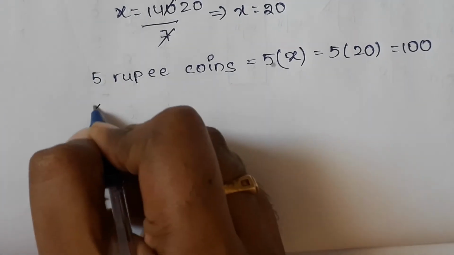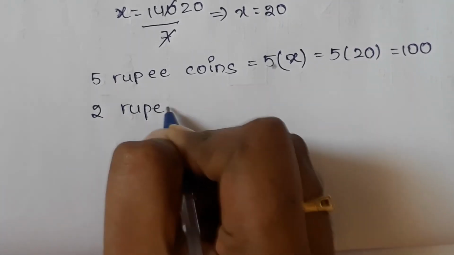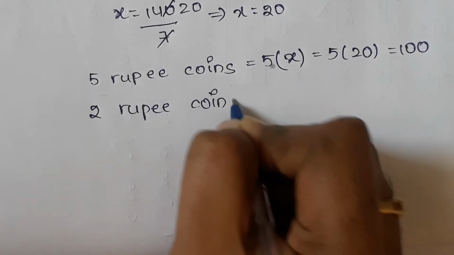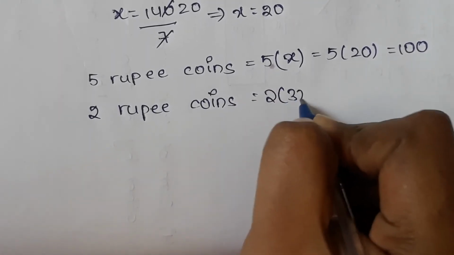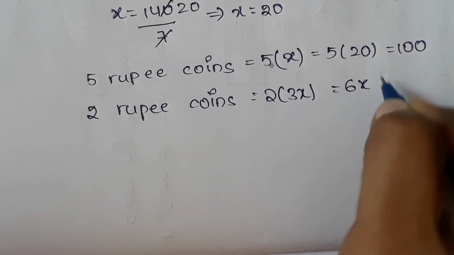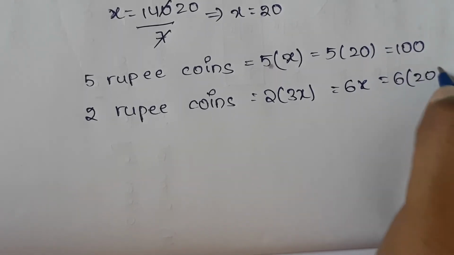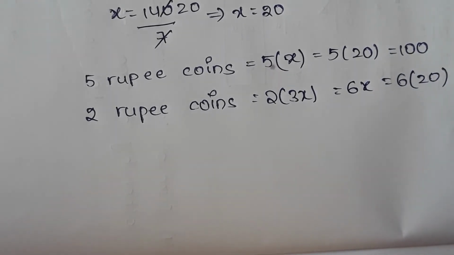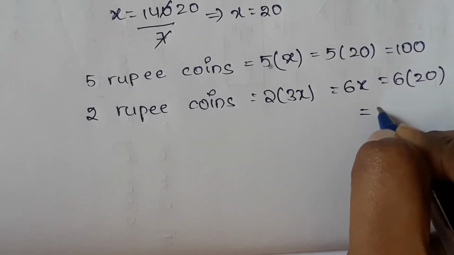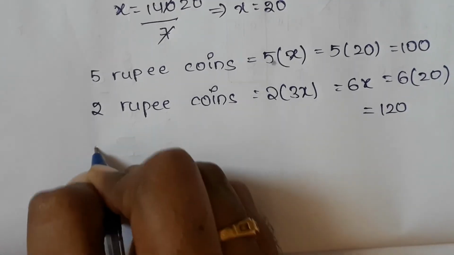Now 2 rupee coins, that is 2 into 3x, that is 6x. 6 into the x value 20 equals 120. And now 1 rupee coins,